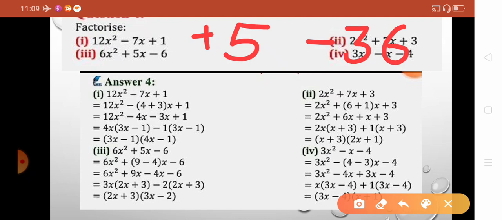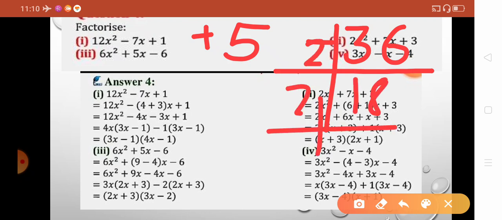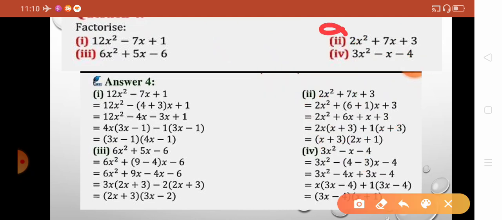So you can find out by factorization method also. You will factorize 36. So 2 here, 18, 2, 9. So 2 twos are 4 and 9 minus 4 is 5. 9 minus 4 is 5 and 9 fours are 36. So the two pairs come out to be 9 and 4. But the sum must be positive and the multiplication must be negative. That means the greater number is positive and the smaller number is negative. So this is positive and this is negative. So our two numbers are 9 and minus 4. By putting the values we will get your answer.